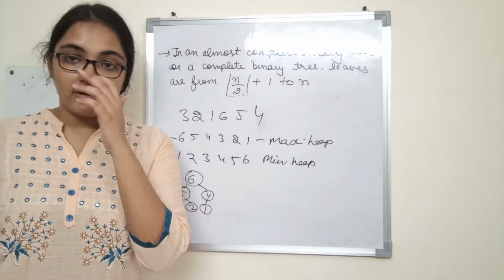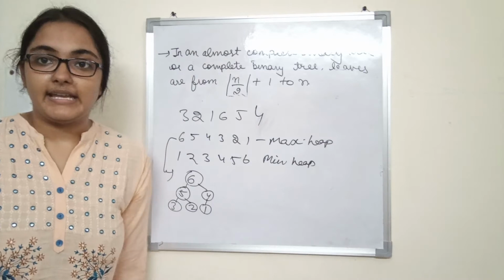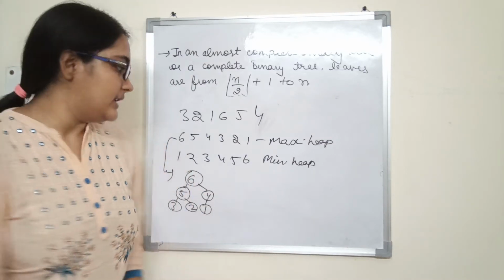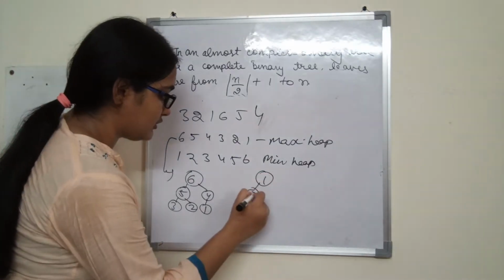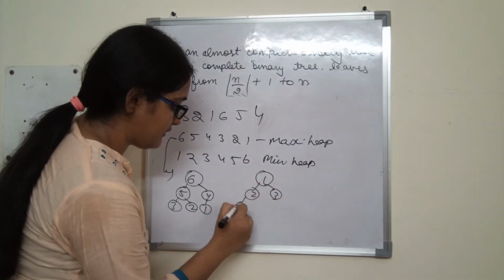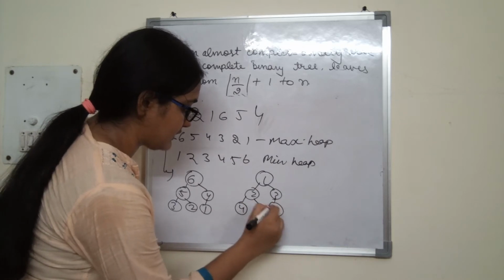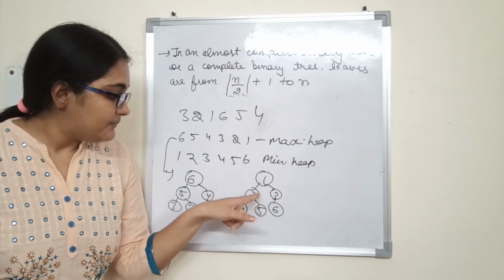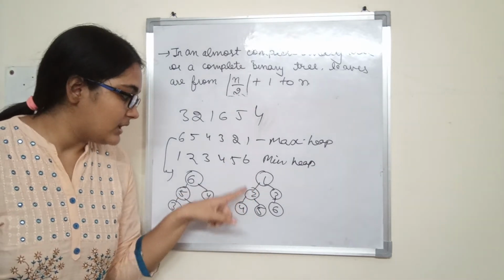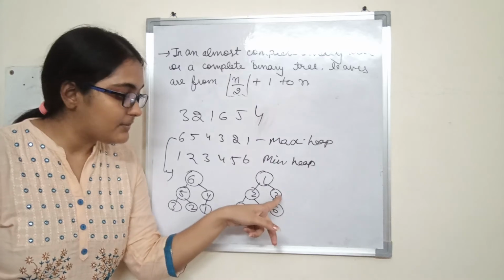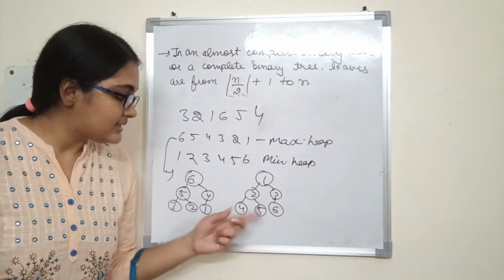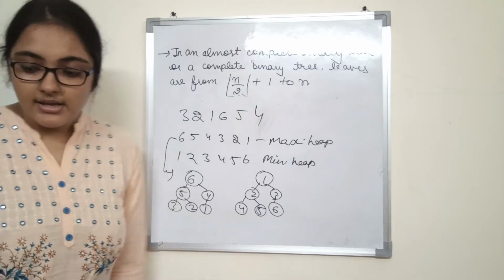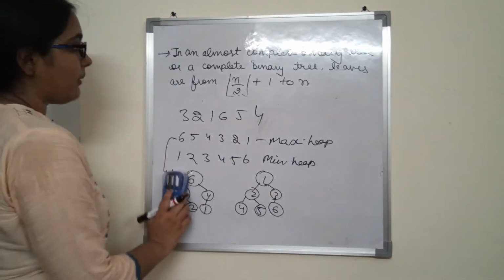That is, an array sorted in decreasing order is already a max heap, and an array sorted in increasing order is already a min heap. 1, 2, 3, 4, 5, 6. What is the property of min heap? Minimum element should be present at root. Is it true? Yes. Now let us see about the subtree. Is the minimum element at root? True. Is the minimum element at root? True. Now these leaves are already min heaps, right? So that is an important property.